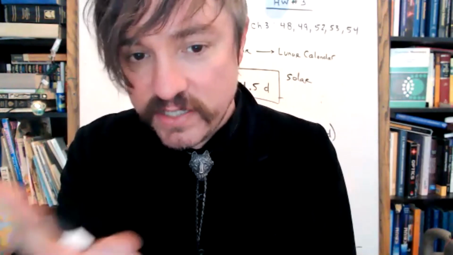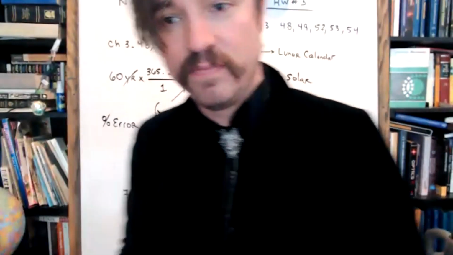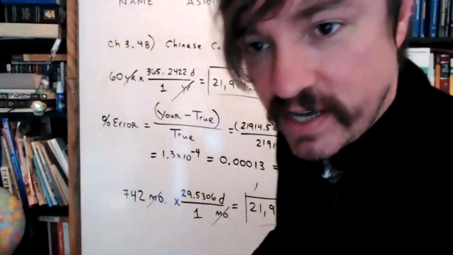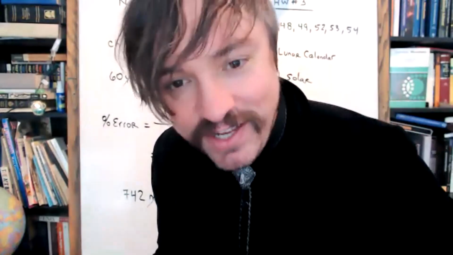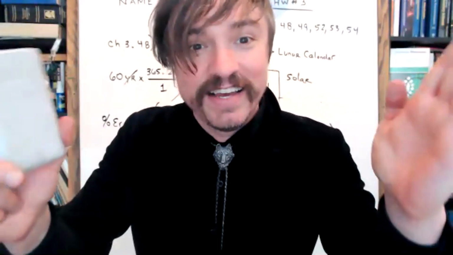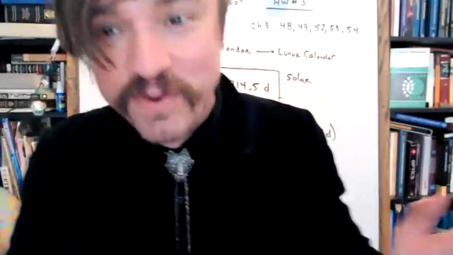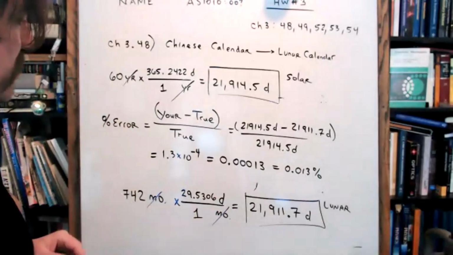Throughout history, there's probably been just as many people who keep calendars by the moon as there have by the sun. The people who are biased towards the sun, if you think about it, are not only Western people, but that probably goes back to Egypt and Mesopotamia, right? Ra was a god. If you were an Egyptian, the sun was your god. It's pretty wild to think about. Okay, I'm going to erase this.